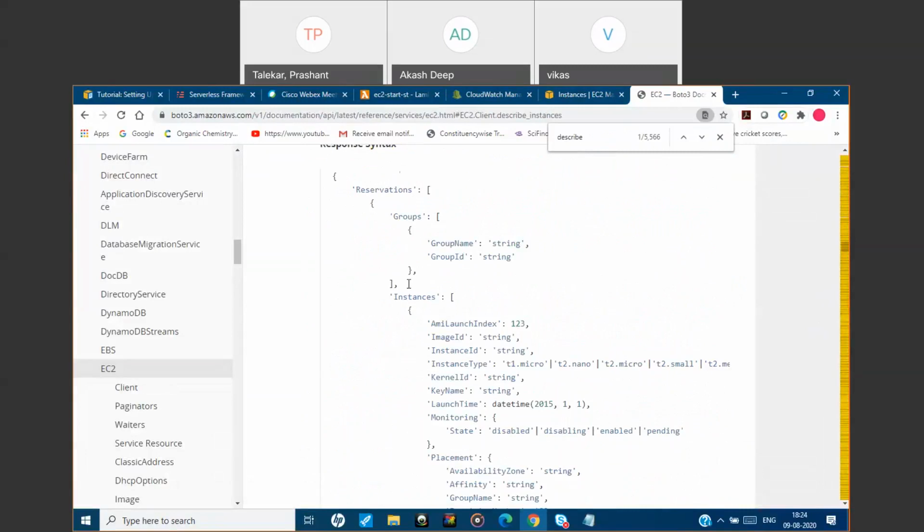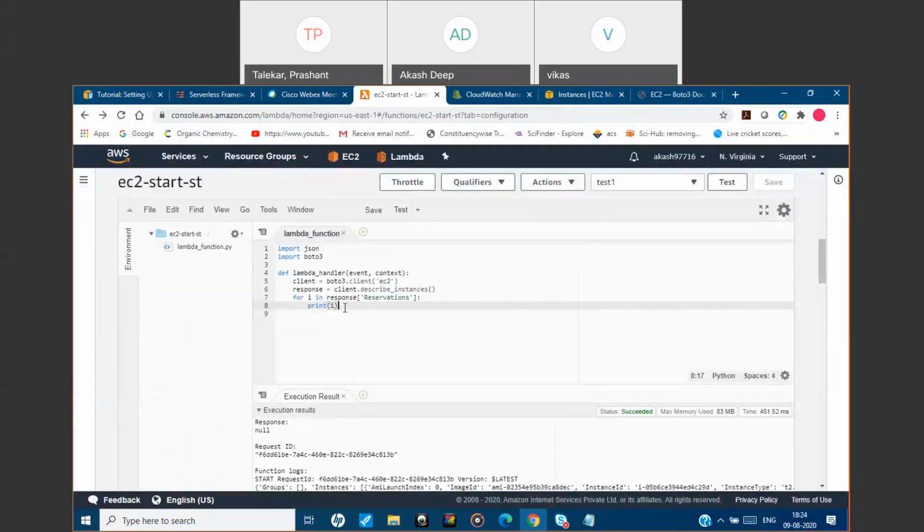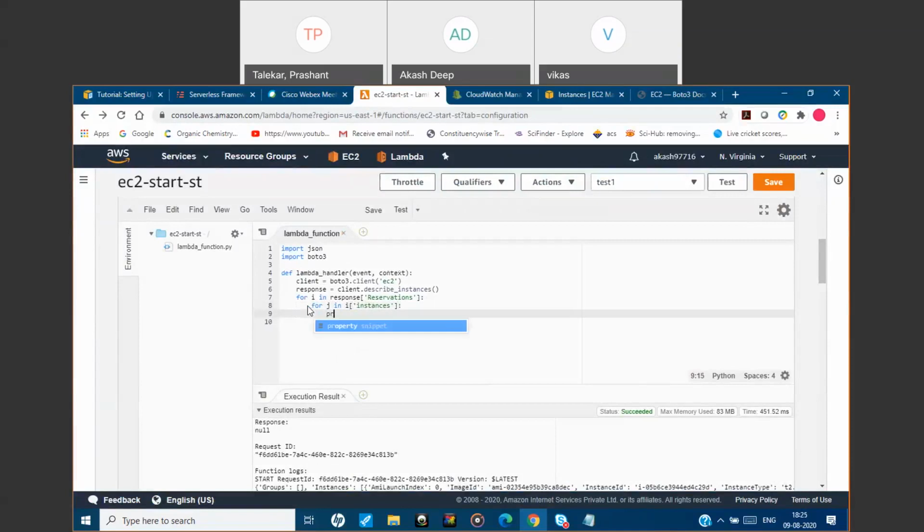See, under the reservations we have instances. So now we'll apply a loop on instances: for j in instances